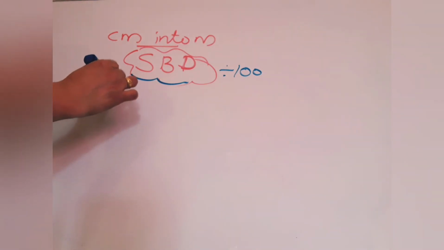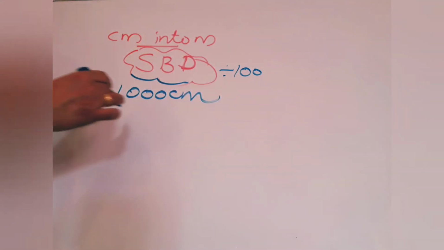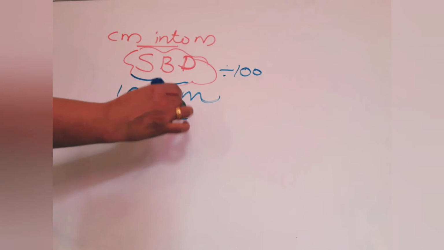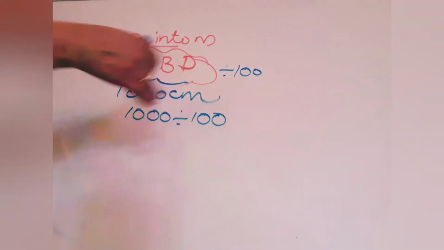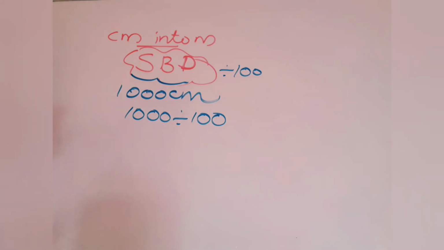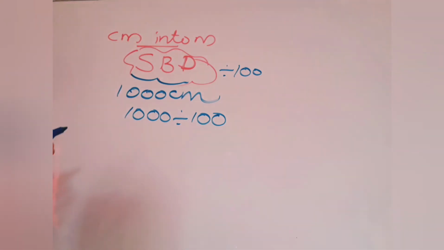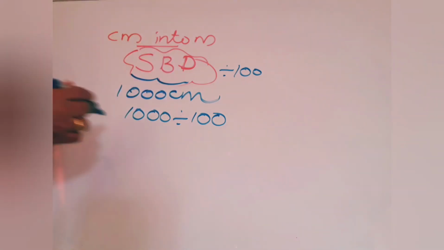Now I am giving 1000 centimeter. Very simple question, no? So you have to do 1000 divided by 100. There is a cutting method, a simplification method, cutting zeros. That is also not required now because you are following another rule. So follow the same rule for all, otherwise you may have confusion.